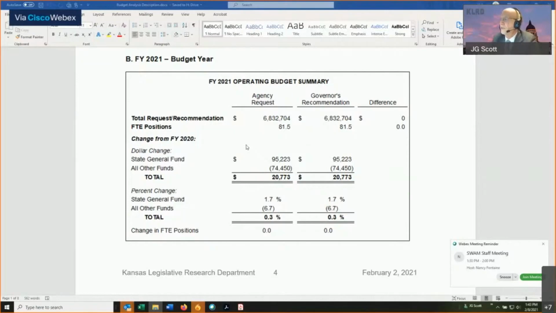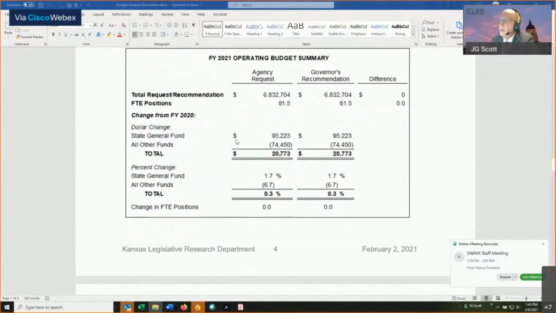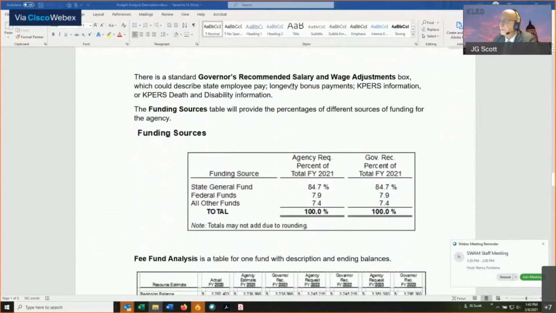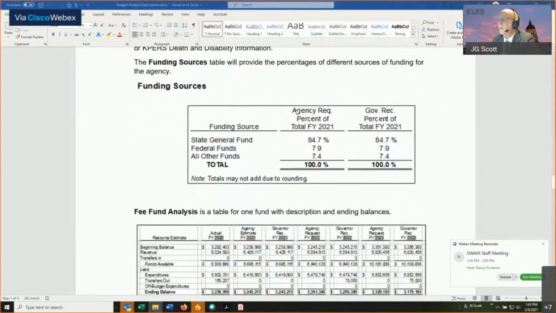It's much easier if we can get a consensus on a lot of those rather than the governor talking about the estimate for school finance, the Board of Education talking about the funding for school finance, and the legislature funding school finance discussions. So anytime we can do that, it works out much better. There's also a quick section on salary and wage that will include some information this year on KPERS with the death and disability being postponed, and there's some longevity included and a salary increase.